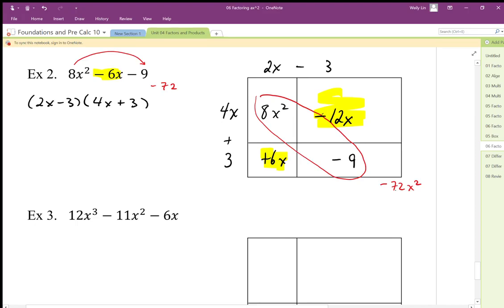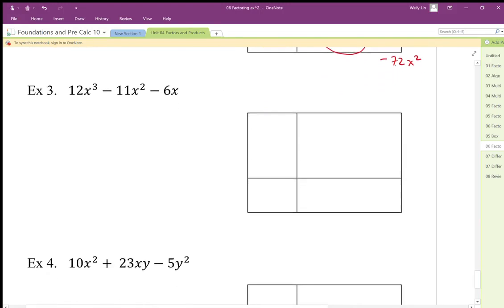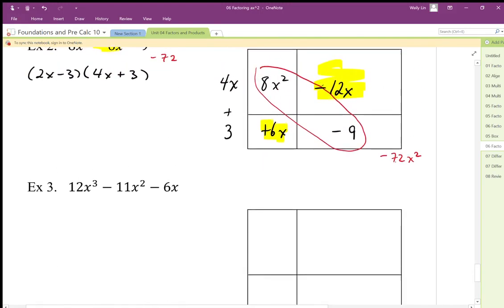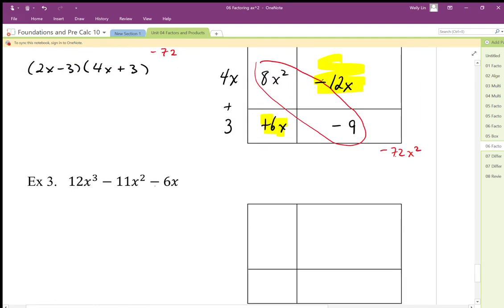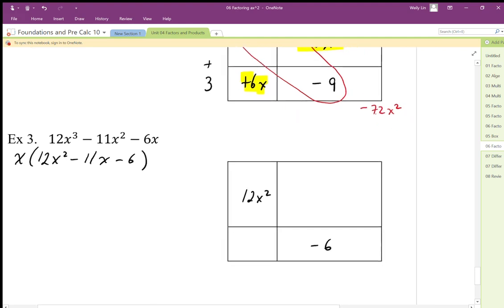Again, I forgot to mention we always should check for greatest common factors first. So in this example here, let's leave that up, we have a common factor of x. There's no common factor of 12, 11, and 6, so we can't do that. But we have to take out the common factors first. Before we do any quadratic factoring, we have to do greatest common factor factoring. Okay, that's really important. So now we have our x squareds here, our 1s down here,